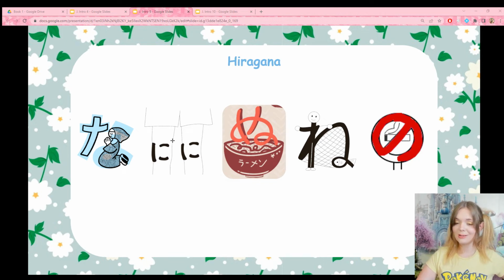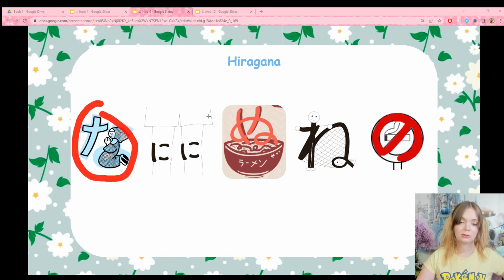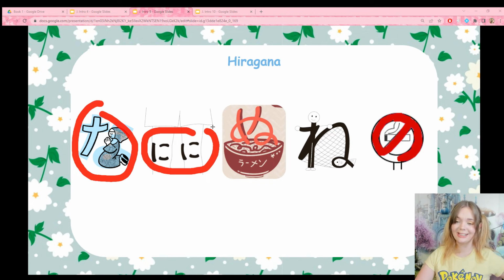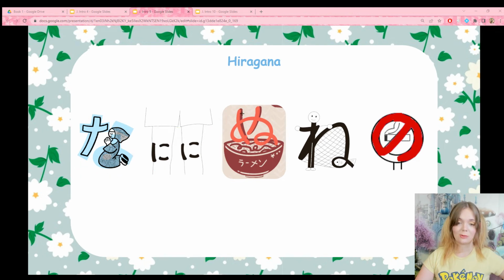But once you have practice doing the ah sound for all of them, because it's the same for all of them, right? Ah, ka, sa, na, ma. They're all the same. So once you get used to that, it's a little bit easier. So this one here is na, and it's a nun. Then this one's super easy to remember. They look like knees, and they are pronounced ni. I think that this one's also pretty easy to remember. It looks like a pair of chopsticks that are picking up some noodles.